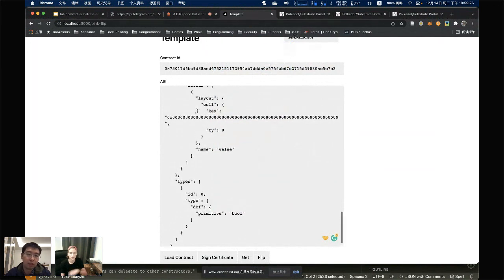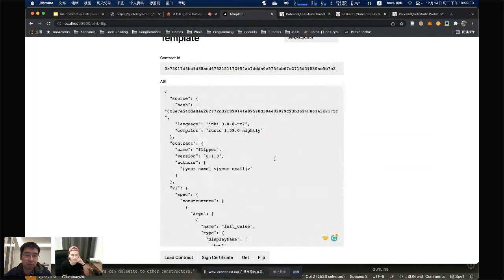Yeah, so the Flipper contract is super simple. It's basically going to be either true or false based on a coin flip logic, right? Yeah. And it's pretty standard in Ink. It's the standard tutorial contract to learn about how to use Ink. And I think